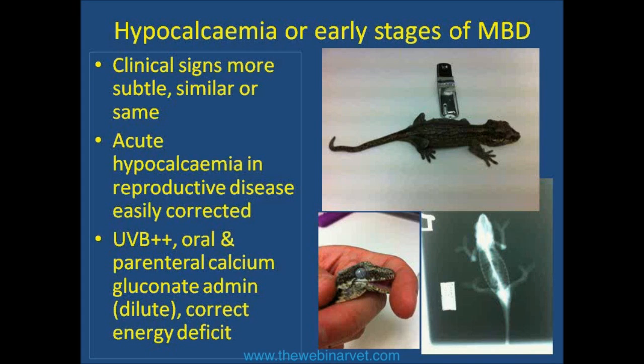In acute cases of hypocalcemia and reproductive disease, this is something that we can treat quite well in clinic over the course of a couple of days. Even over the course of 24 hours, you can make a significant difference if that animal has entered acute hypocalcemia. In terms of reversing the changes of metabolic bone disease, if it is advanced, those corrections that we make are a lot more long-term, and you need to distinguish between what's happening